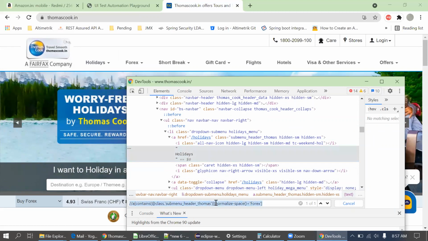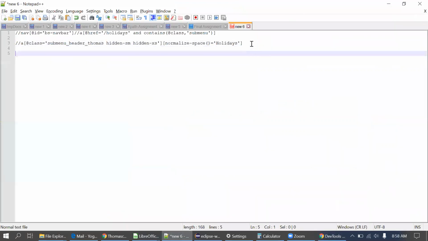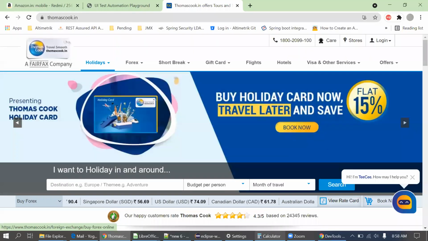I'll copy this XPath. Now this is working, that's why I put the text there. So in text, we have to copy as it is, with space. Now I'm copying the forex from the DOM actually, not from the UI.